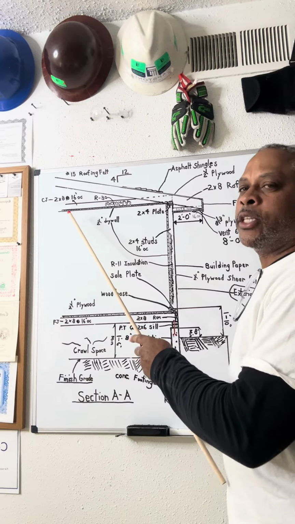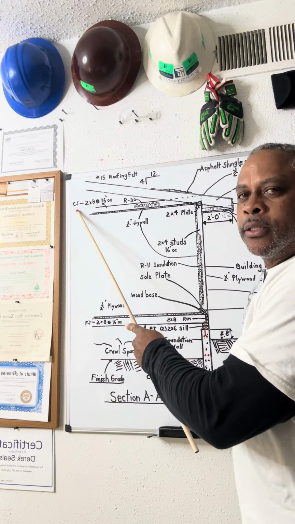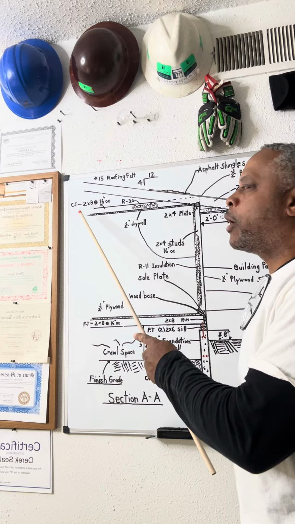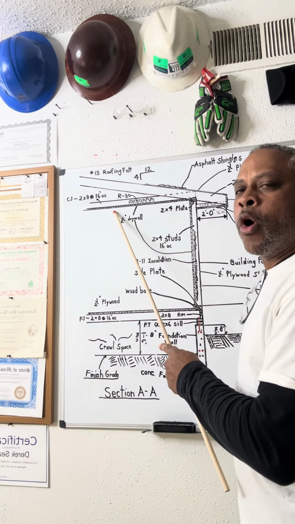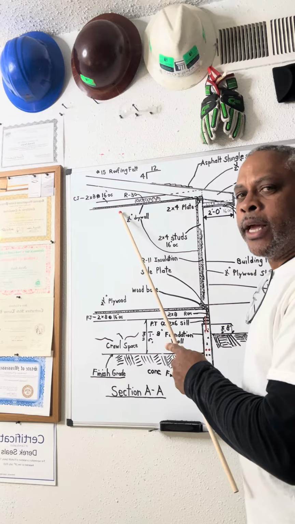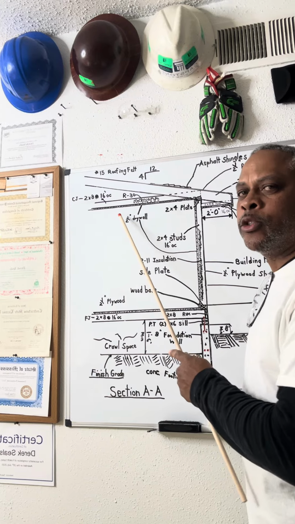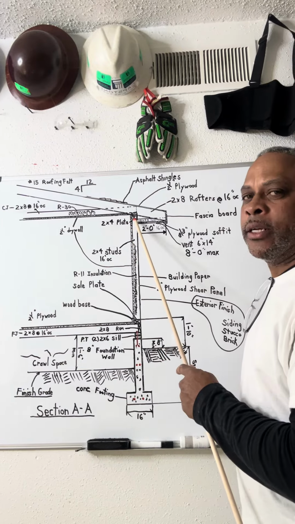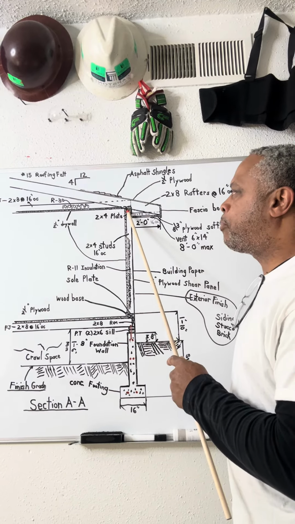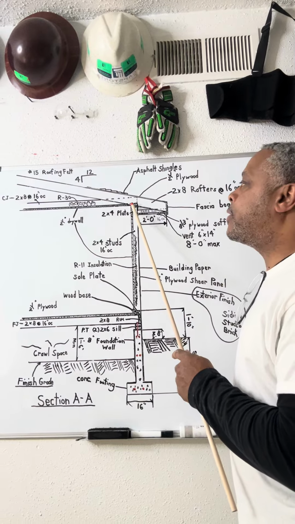It's going to tell you the size of your CJs. CJ is an abbreviation for ceiling joist. This is the ceiling. This is the drywall hung on the ceiling. There's a nailing schedule for drywall or a screwing schedule for drywall. The size of the drywall is 1/2 inch. You have a double plate on your framing. At the top, you have a top plate, which is at the bottom, but you have a double top plate,